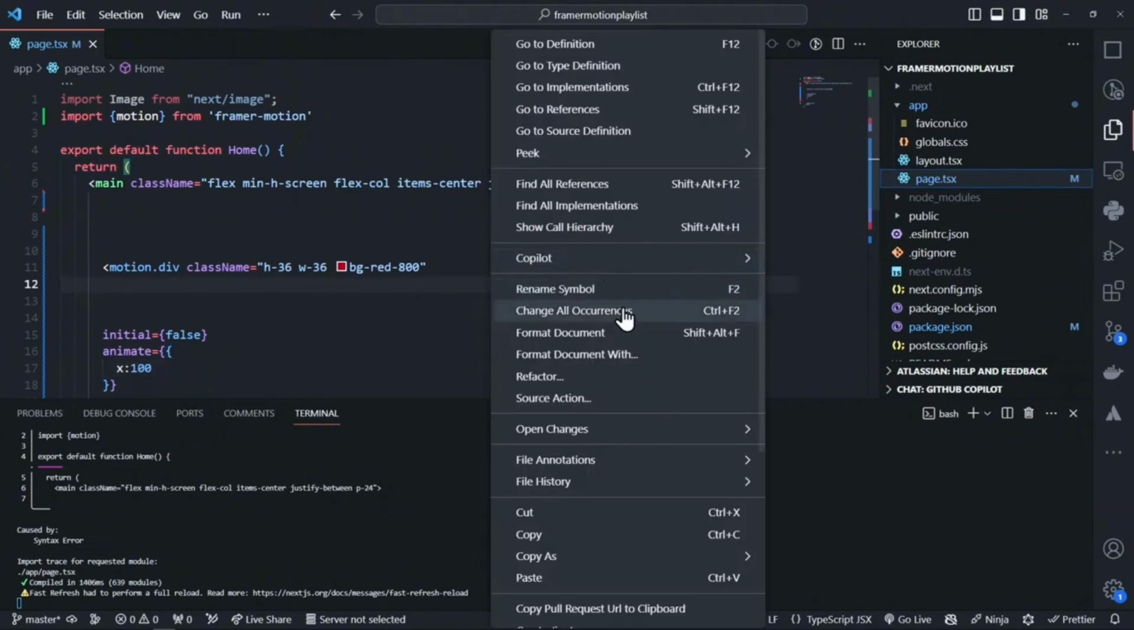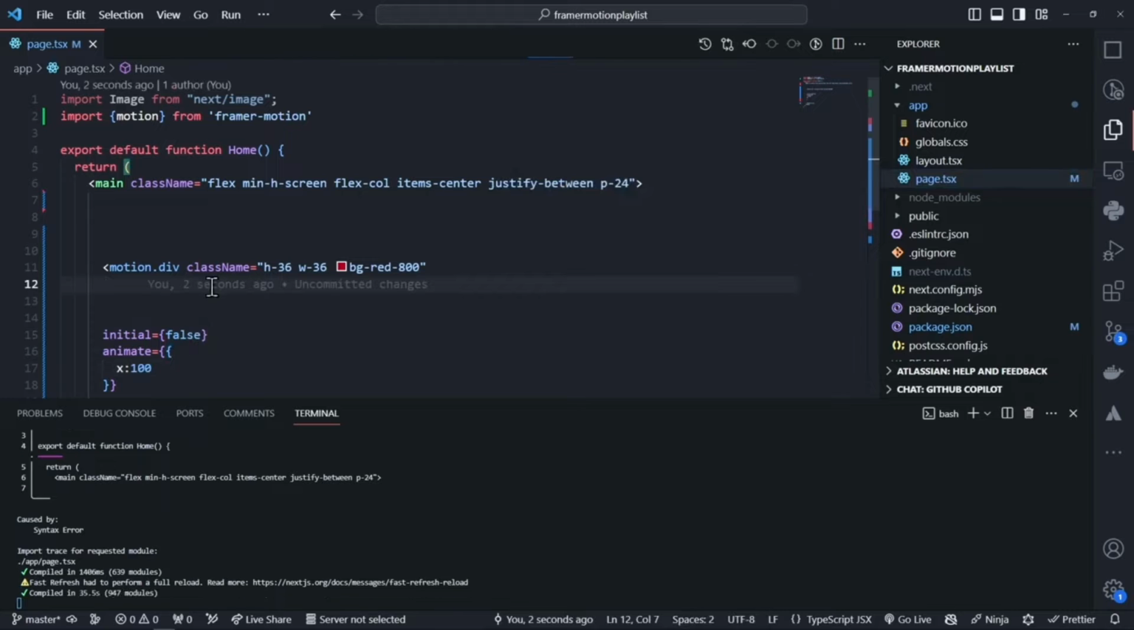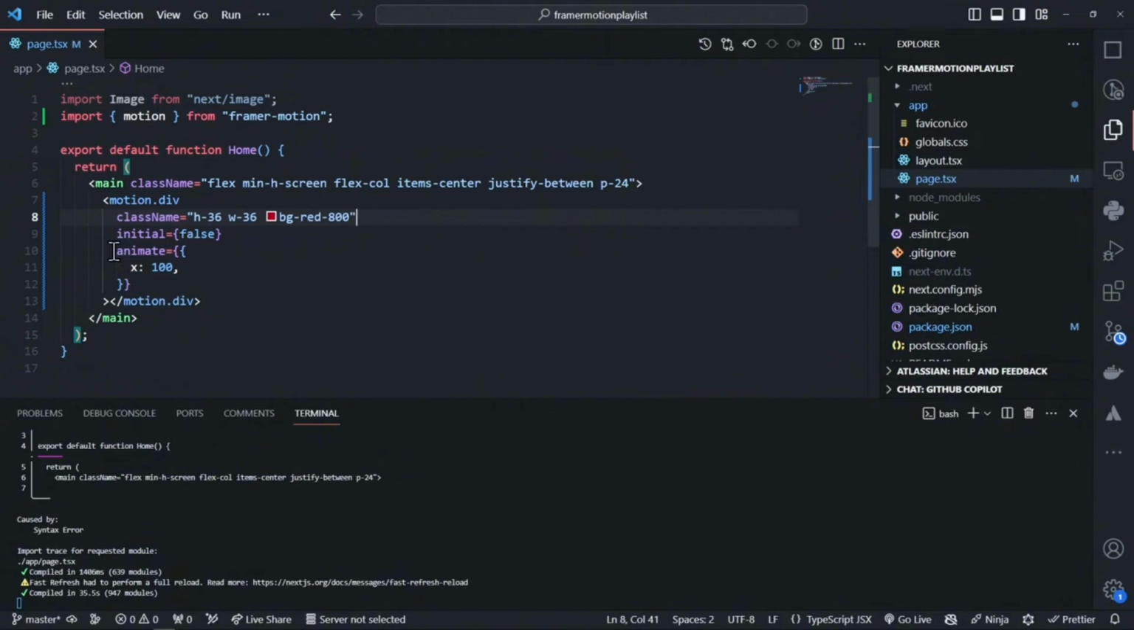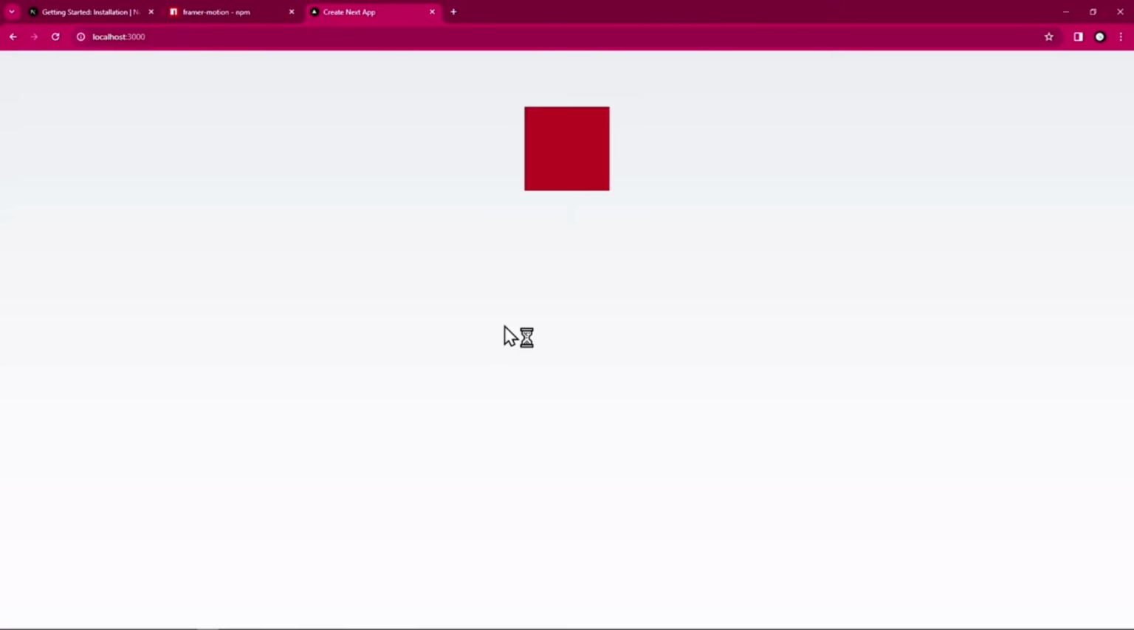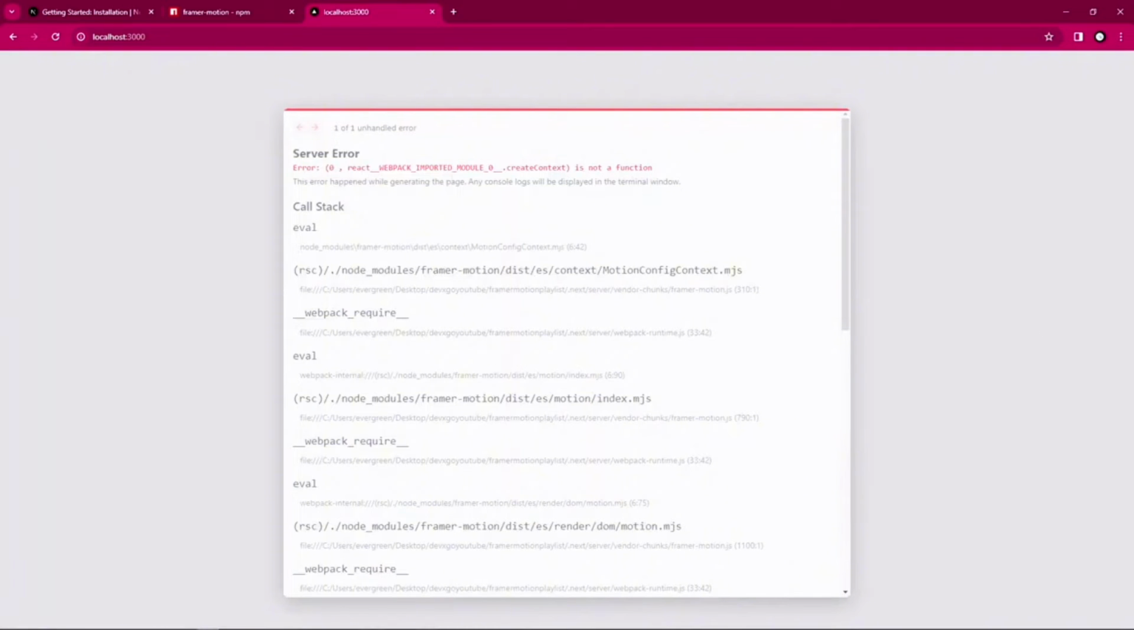What we're saying here is, on the initial of this particular div, it should be set to false, and it's going to animate on the x-axis by 100. Let's quickly go back to our page and see it. Let's refresh the page. And okay, so it's not a function. Remember,